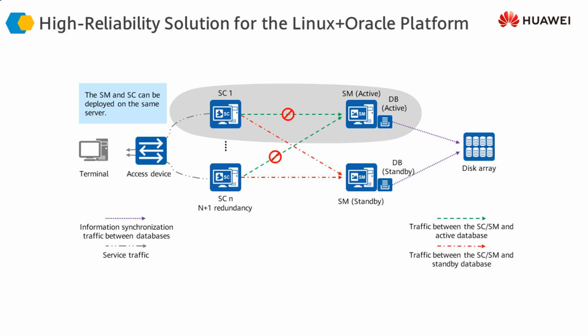So this is how we achieve the system redundancy or high availability using either the Windows plus SQL Server platform or the Linux plus Oracle platform. This is how we deploy and install the Agile controller in our environment, and then it can be used in either a standalone environment or a high availability environment, and we can use it for controlling user access into our infrastructure. So this is all about Agile controller.